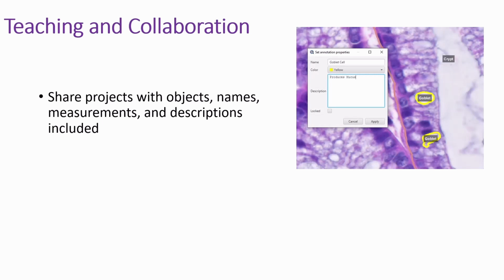QuPath is a fantastic tool for teaching and collaboration. You can annotate areas, just like I showed you, and then give each object that you mark a name and a description. So in this case, we're looking at an intestine, and we can mark individual goblet cells as goblet cells and talk about how they produce mucus inside the crypt. And it's really easy to share projects with all of these objects attached, either over email or with a thumb